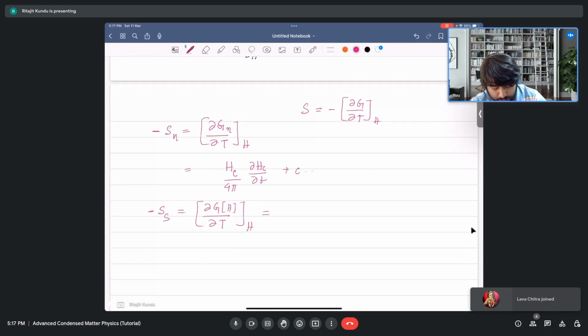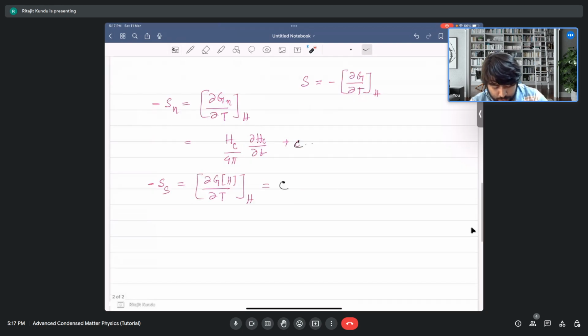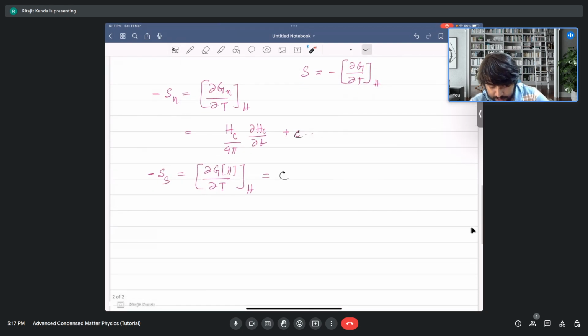So here it is just some constant. In both of these equations, the constants are actually the same, which is coming from terms that are not dependent on the field. So if you calculate this, for example, if you just calculate